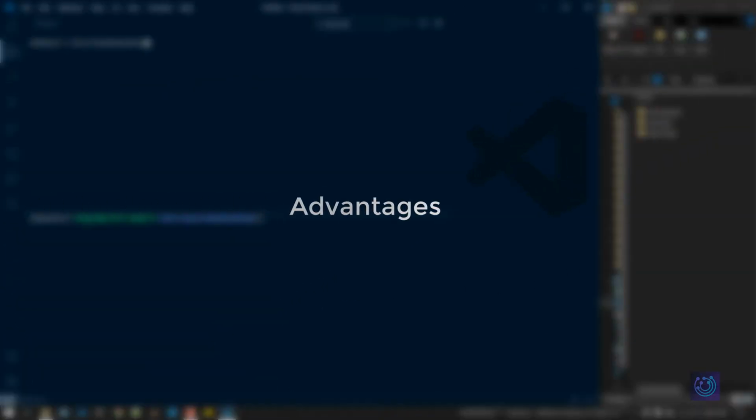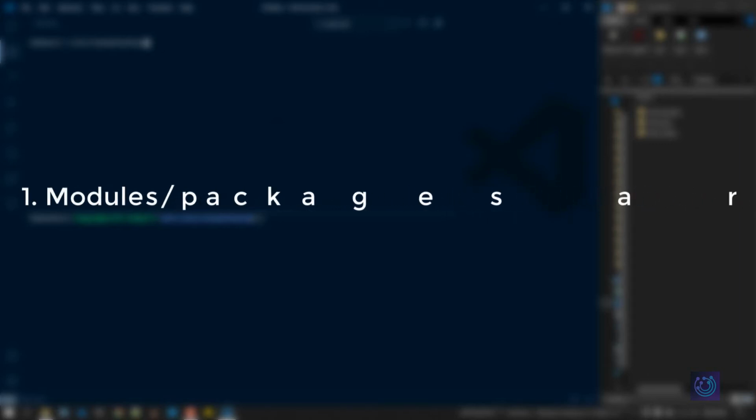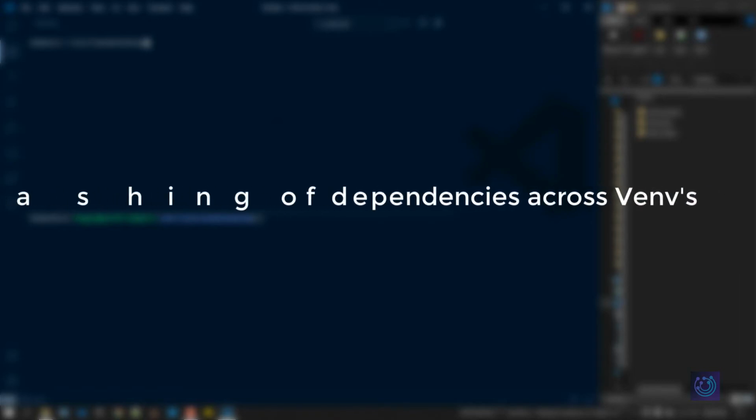The advantage of using a Python virtual environment is that all the modules required for your coding for a specific project are stored in this virtual environment, which installs all of these modules in this environment only and does not affect any of your root folders. Just in case you want a different version of a specific module and your system already has that module installed but with an older or newer version, you can create a virtual environment, and the modules you install here will not clash with the modules already installed in the system. So that is one way you could benefit from creating a Python virtual environment.